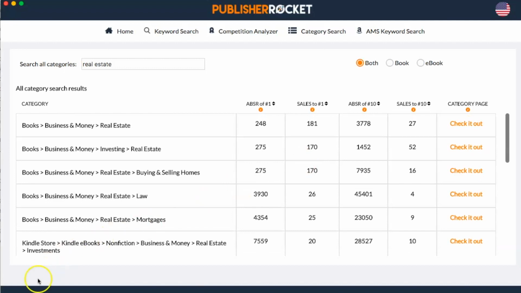However, if you're in some pretty obscure subcategory within the business niche, and it's still relevant to your topic, obviously, you're going to have a much better chance of ranking as a bestseller, possibly even a number 1 bestseller. And Publisher Rocket will give you information as far as how many books you need to sell in that sub niche to become a bestseller, and it gives you a lot of helpful information about just the competitiveness of categories